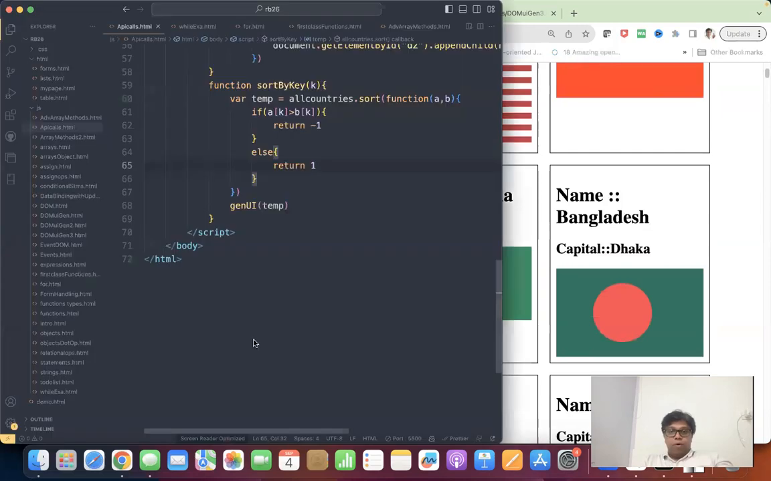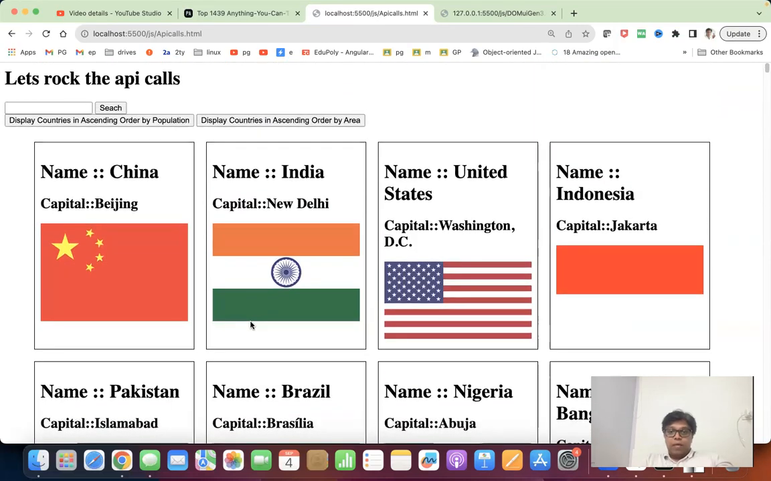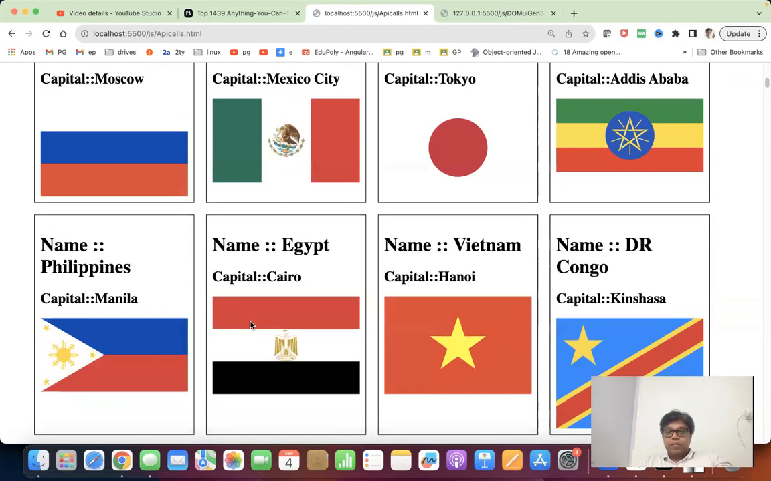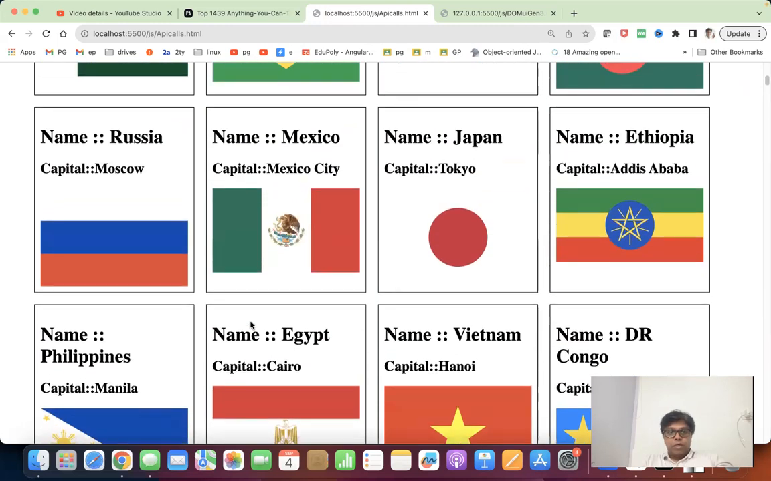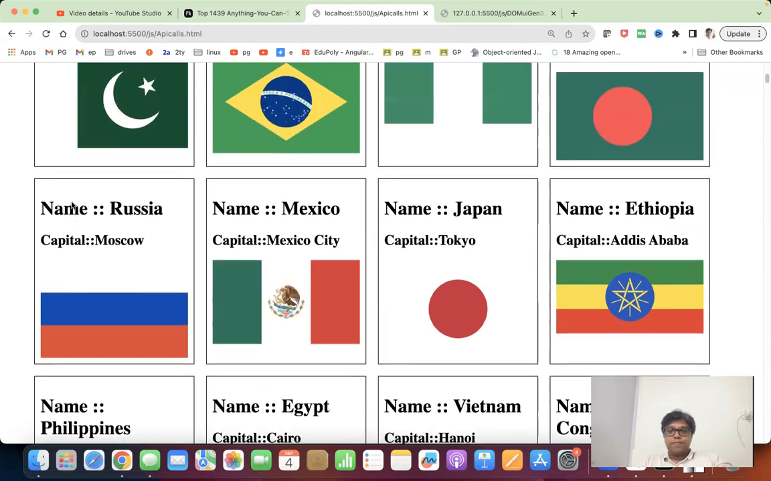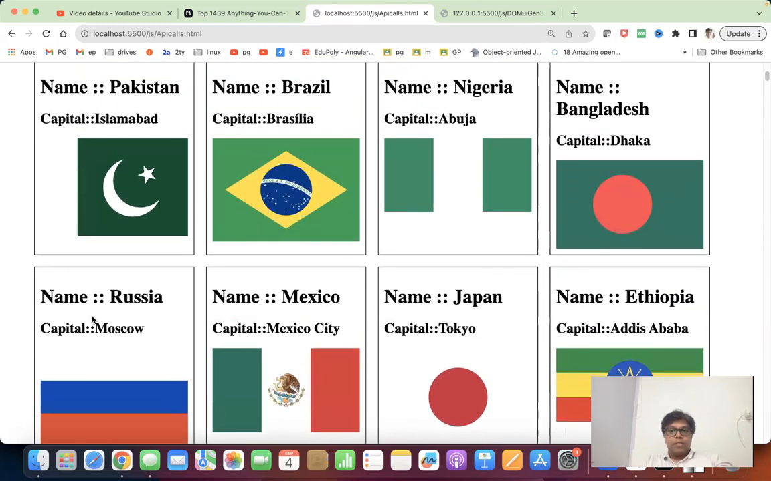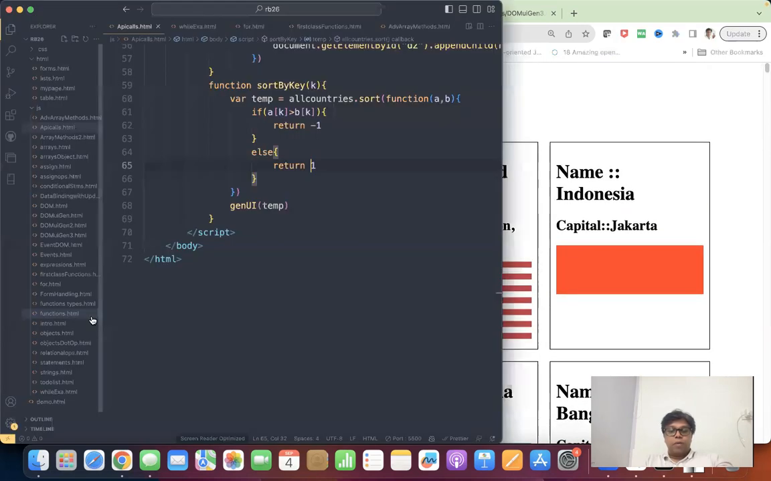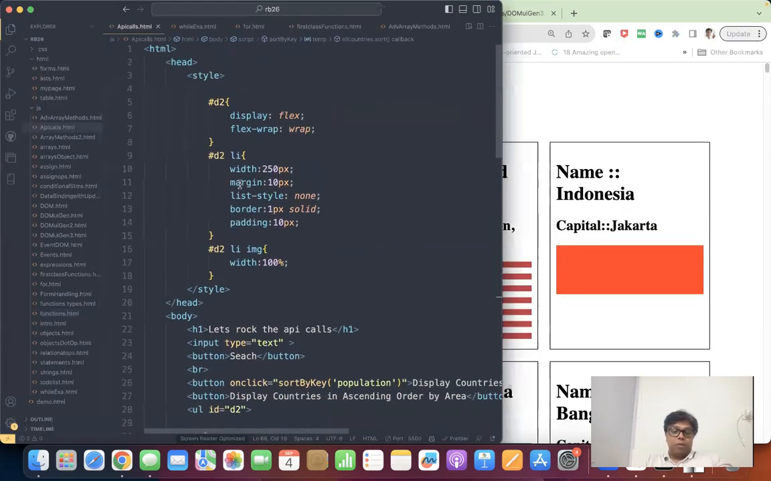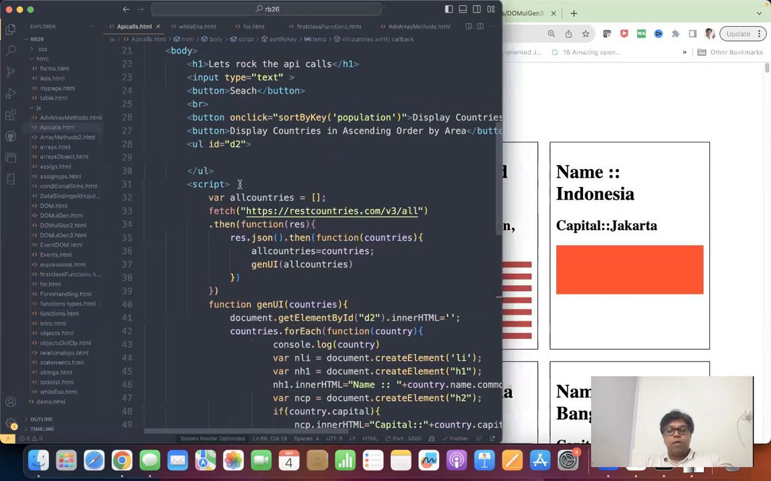Now, if I want to sort by area, actually Russia is the biggest country till date. Where is our Russia? Here. Russia is the biggest country. So how to display Russia? How to sort all the countries by